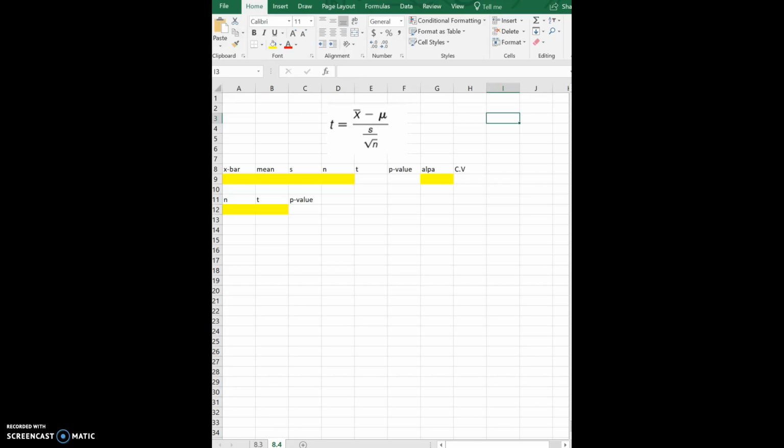the questions anymore. But we are in 8.4, and if you go ahead and copy all of the things that I already have here, don't worry about this formula right here, but go ahead and copy those things down, pause the video, and go ahead and do that. Alright, so all of the things that are highlighted in yellow, I don't have to fill in. You're going to get all of these things from the question itself, and you're going to be able to solve